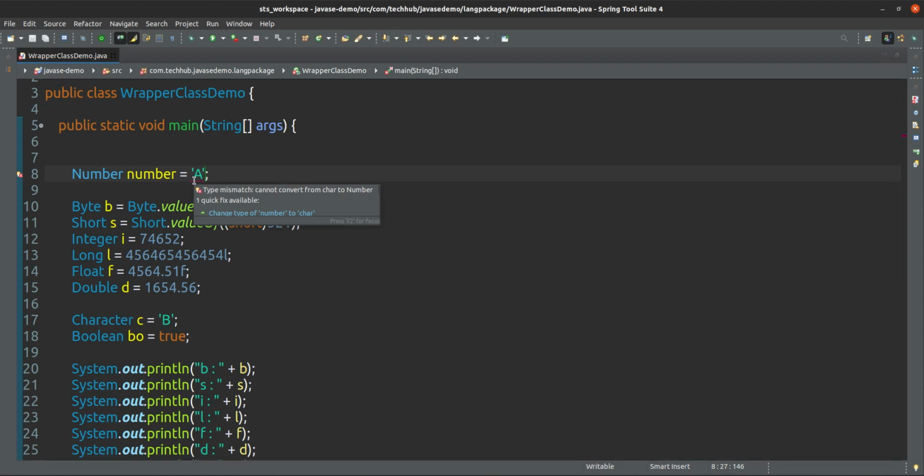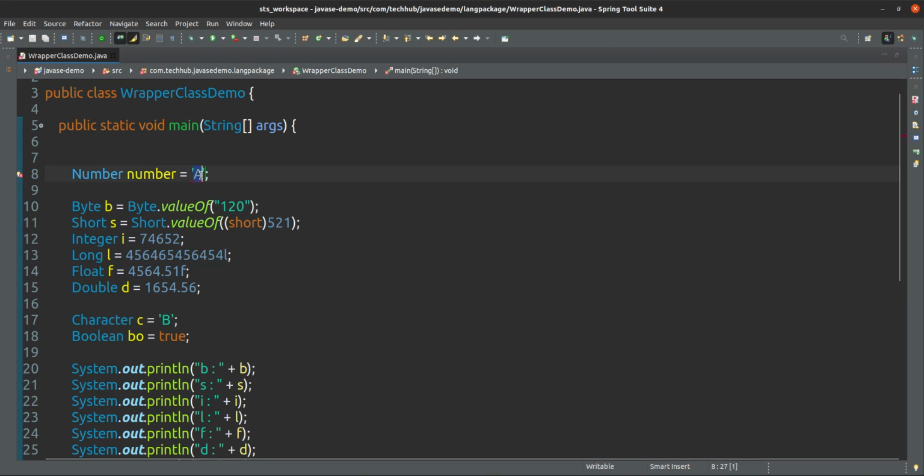Type mismatch, cannot convert from char to Number, yeah, cannot convert. If it is a Character, then you can do. Character is this one only. So only a number you can give using Number, that's it. Okay, so this is about the Number class.